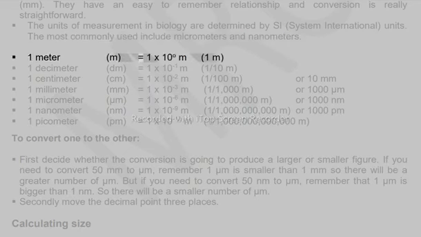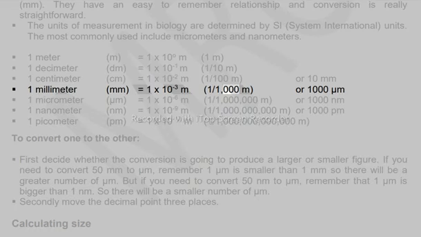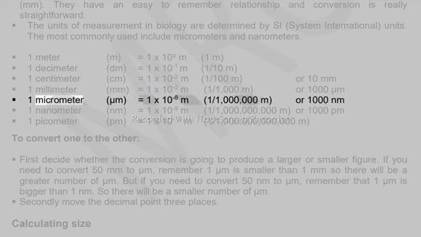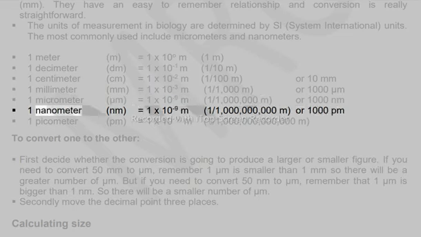One meter, m, equals 1 x 10^0 m. 1 decimeter, dm, equals 1 x 10^-1 m, 1/10 m. 1 centimeter, cm, equals 1 x 10^-2 m, 1/100 m, or 10 millimeters. 1 millimeter, mm, equals 1 x 10^-3 m, 1/1000 m, or 1000 micrometers. 1 micrometer, μm, equals 1 x 10^-6 m, 1/1,000,000 m, or 1000 nanometers. 1 nanometer, nm, equals 1 x 10^-9 m,